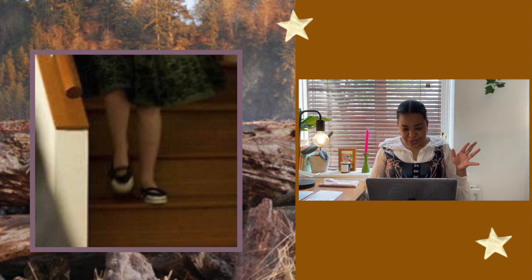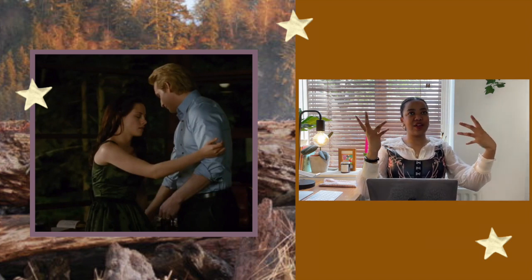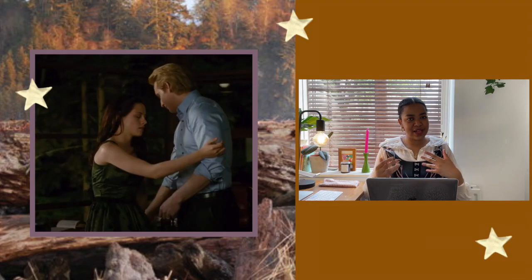Side note, can we discuss how beautiful this scene between Bella and Carlisle was? It's actually exquisite. The lighting, the colour palette, the tones of the costumes, the candlelight. It's just beautiful. What was the reason? Where was that energy for Edward? Maybe it had something to do with the fact that half of the internet calls Carlisle Zaddy, but...